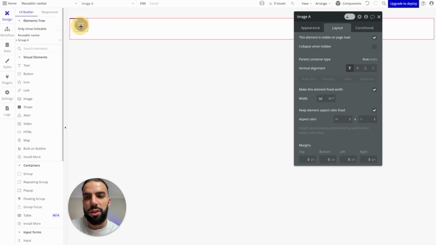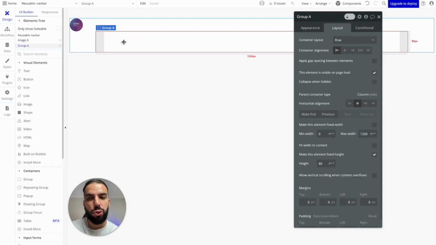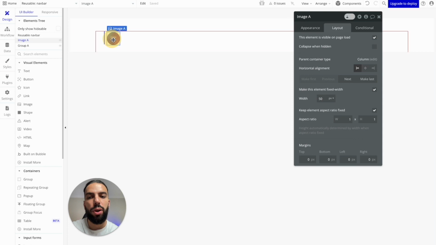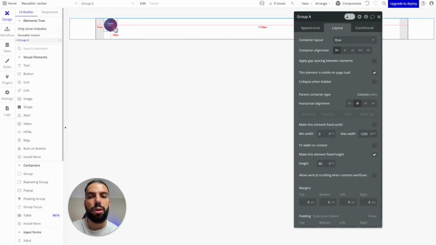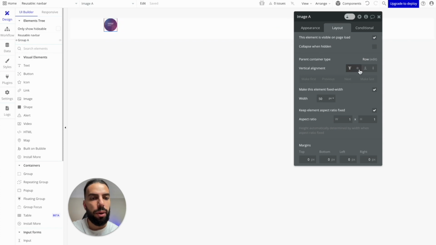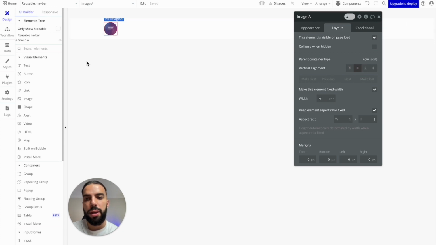Okay, one thing to make note of is mine was actually outside of the group. So you can see here, I had the group that we just set up, and the image was actually dropped on the navbar floating group. So this is actually a good lesson for you guys: make sure you drop your elements inside the actual group that you've set, not on the outer part. So I'm just going to drag that into here, and you can see now it's realigned back into the group that we set up just before. I'm going to make sure this is centered for the vertical alignment, so it's in the center of the actual group. And then what we're going to do now